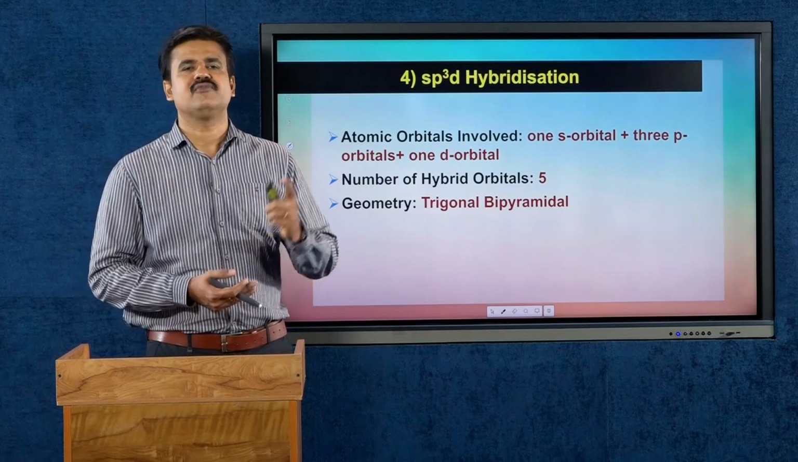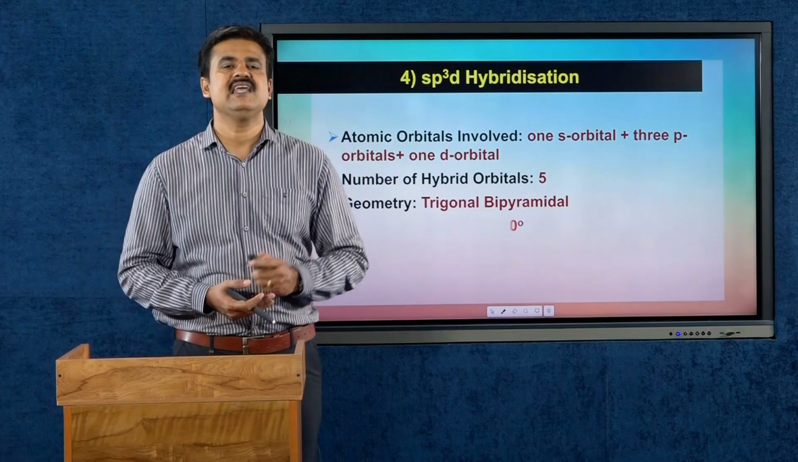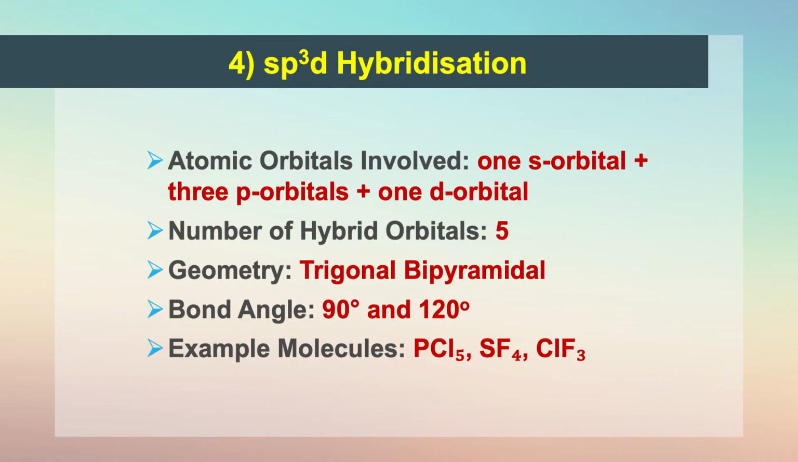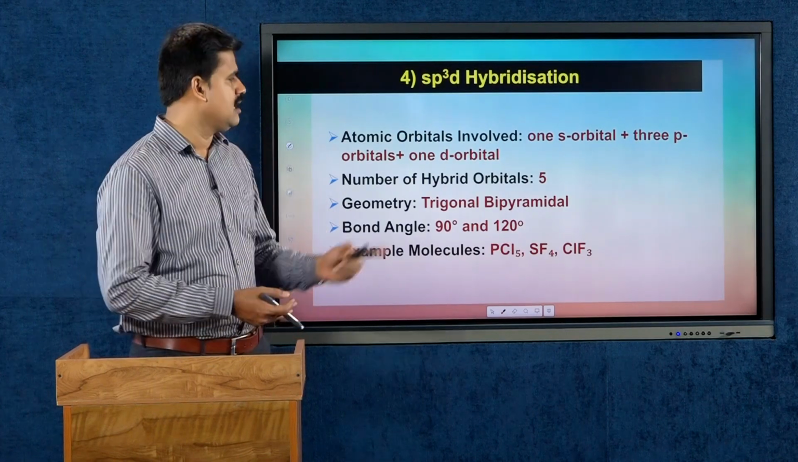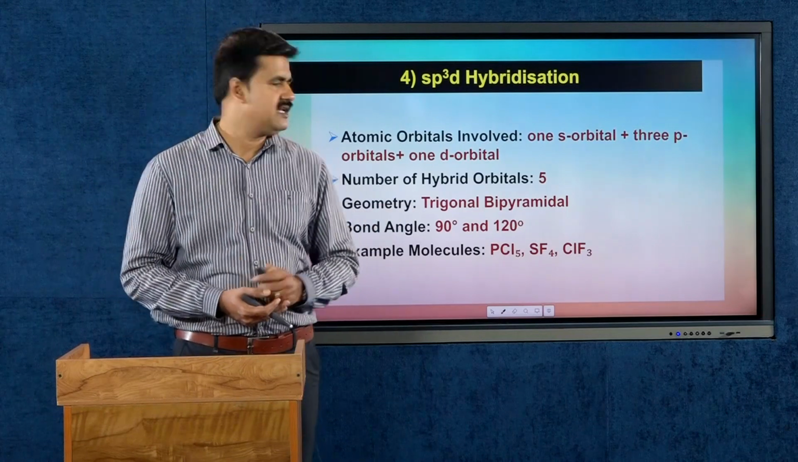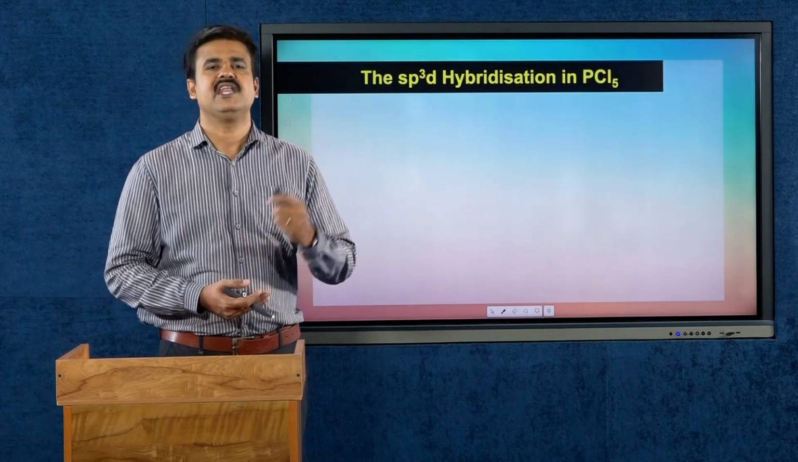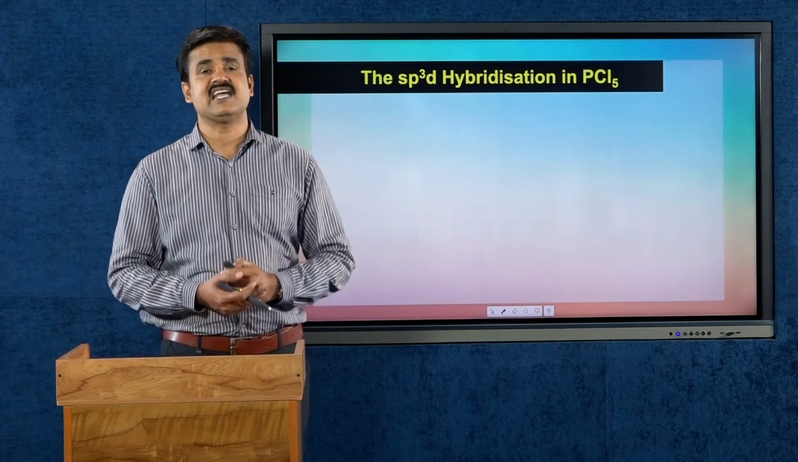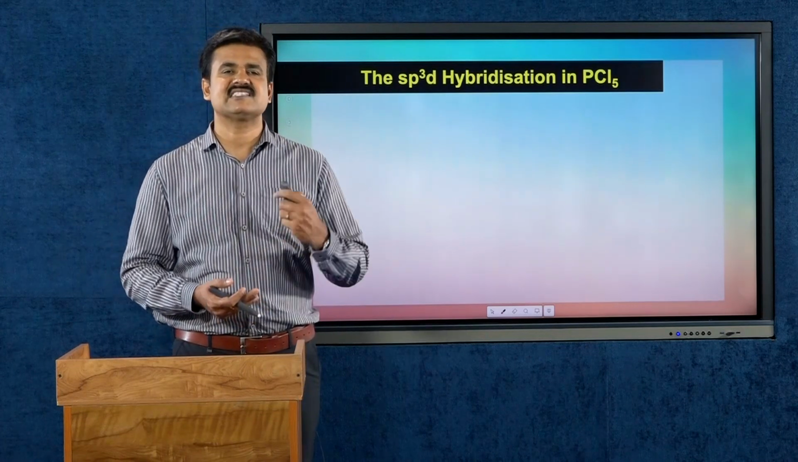The geometry of sp3d hybridization is nothing but trigonal bipyramidal geometry, and there are 2 bond angles. The bond angles are 90 degree and 120 degree. The in-plane bond angle is 120 degree and the next bond angle is 90 degree. Typical examples of molecules with sp3d hybridization involve PCl5, that is phosphorus pentachloride, SF4, sulfur tetrafluoride, and ClF3, chlorine trifluoride. Now we can illustrate sp3d hybridization in phosphorus pentachloride, or we are taking PCl5 as an example to illustrate